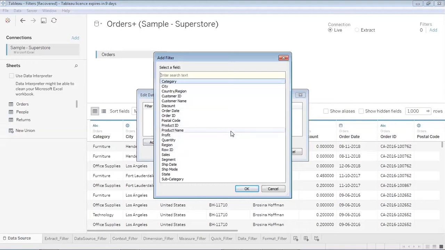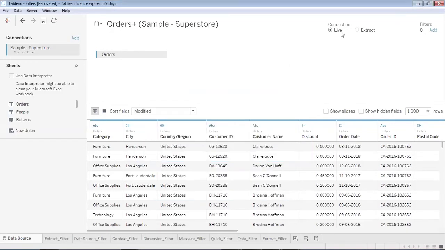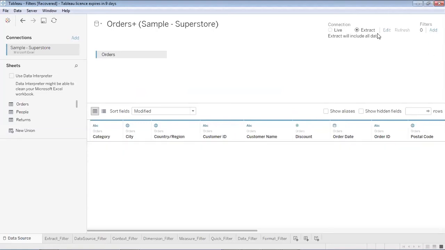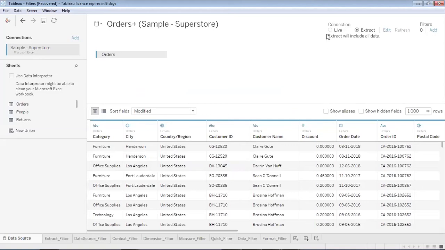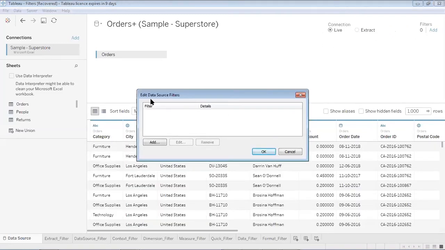So it gives me an option. I'll go from the start. Now if you have to add a filter to the live connection data, this is known as a data source filter if we are applying it from here. Now if we take it in extract and apply from here, this is known as extract filter, but we would like to apply data source filter. So if I wished to apply a data source filter on extract, I could have first selected extract, then did add. Right now I want to apply data source filter on live connection, so I'll select live, I'll go for add. That gives me an option to add a particular filter based on which you would like to filter out the data records.